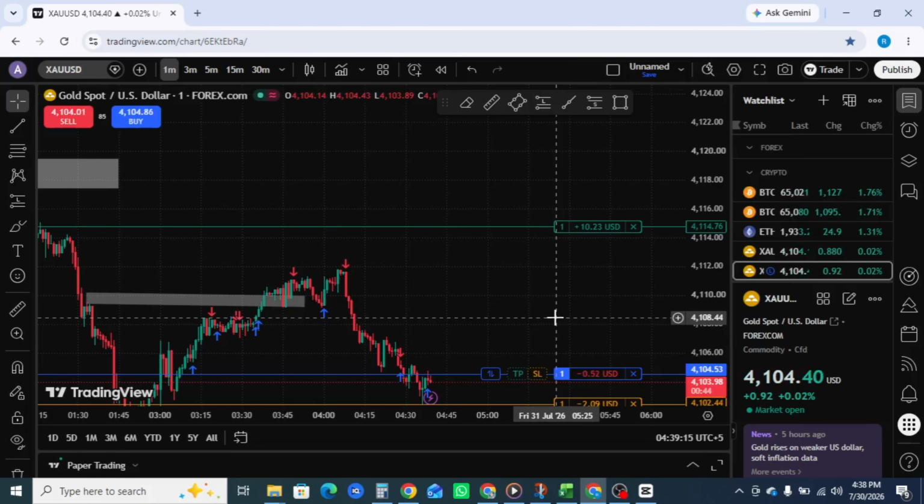And that's how you can trade using TradingView paper trading. Whether you're learning the basics or testing a new strategy, paper trading is an excellent way to gain experience without